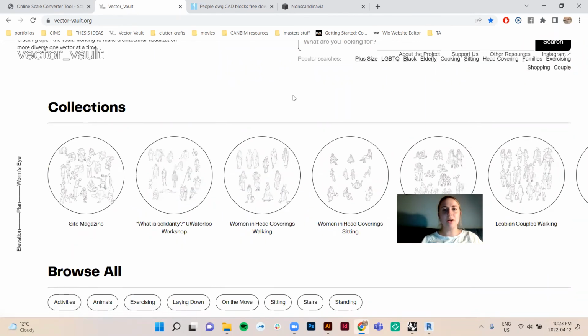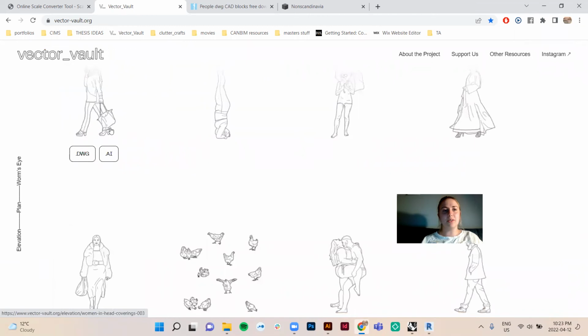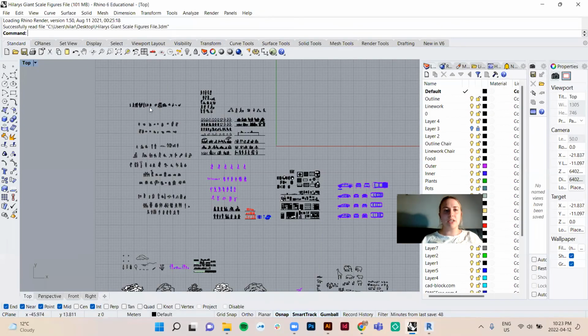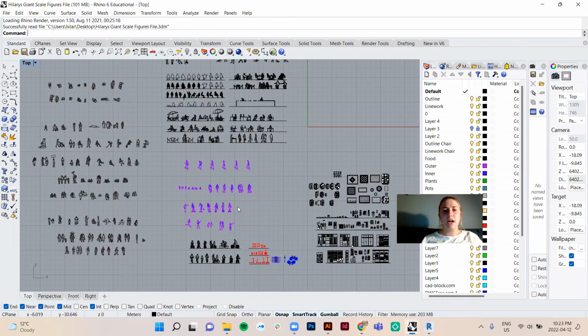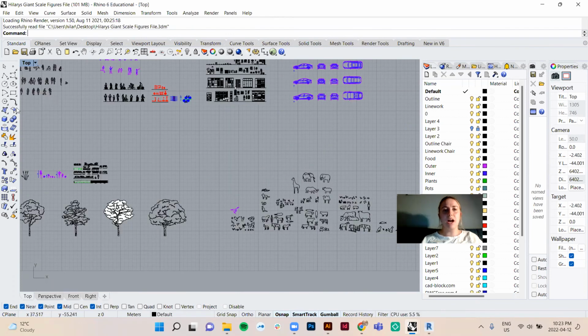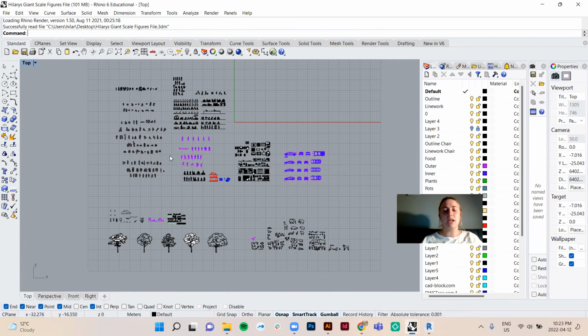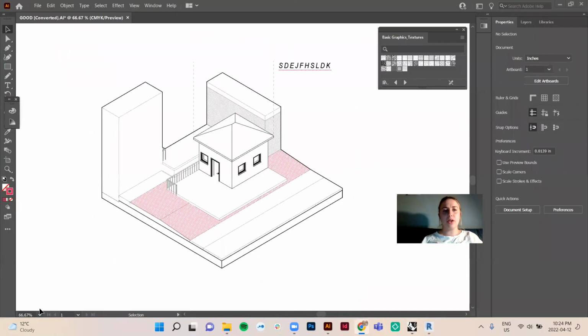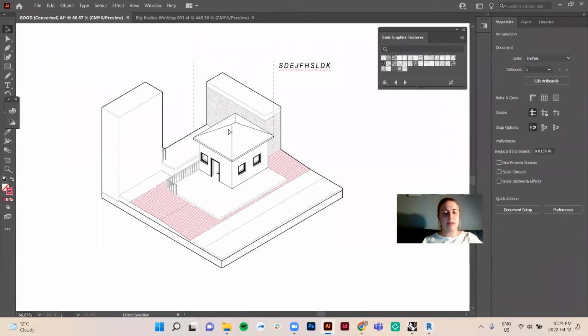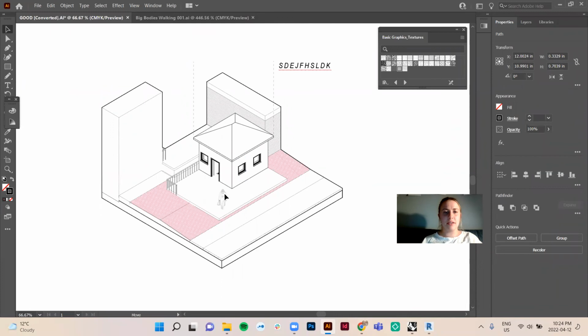And just a tip for you, because it can be kind of annoying when you have to download every single individual scale figure, I've created a Rhino file with a whole bunch of my downloaded scale figures, different styles, different kinds, including cars, trees, vegetation, animals. I find that this just helps me keep organized instead of having to download individual people for every project. So I can open a scale figure and just really simply copy and paste it into my file,